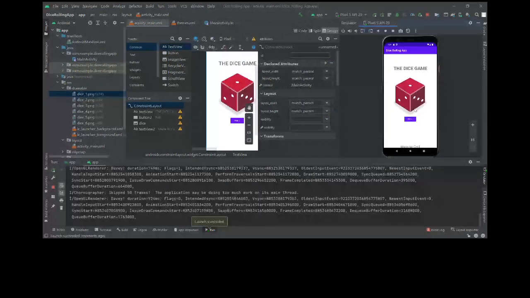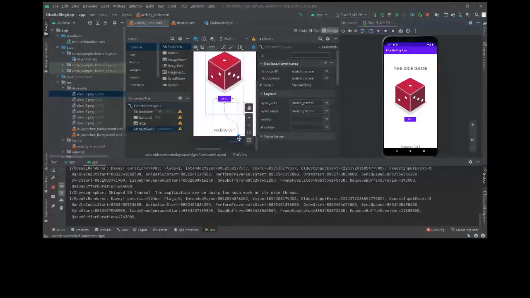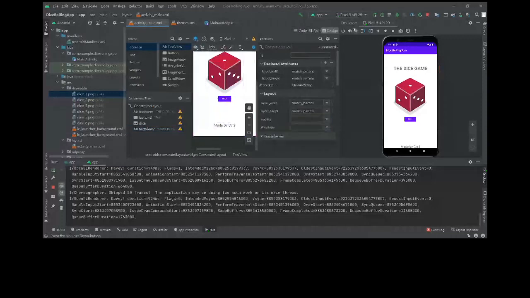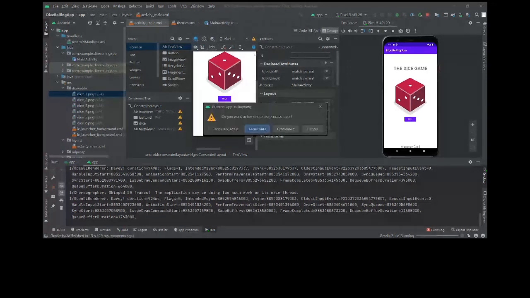So you can see we have our app. Okay, we need to make this a little bit above. Now if I run this. After extracting the images, go inside the folder and select all the images and press copy.